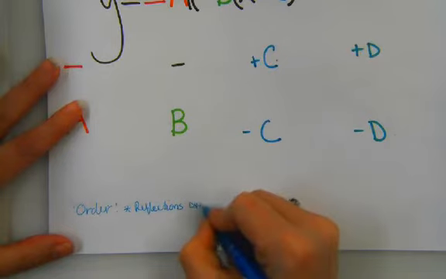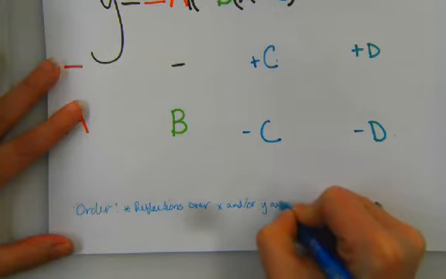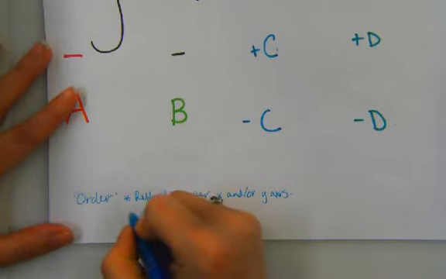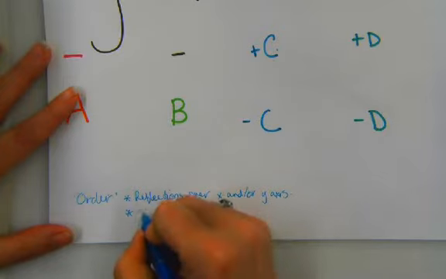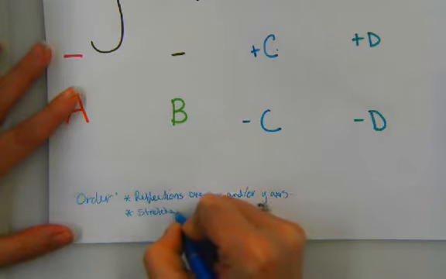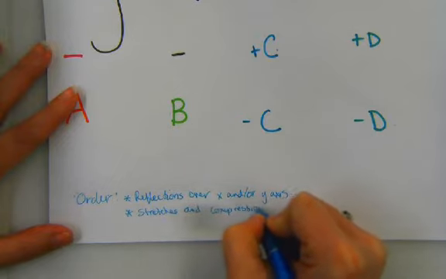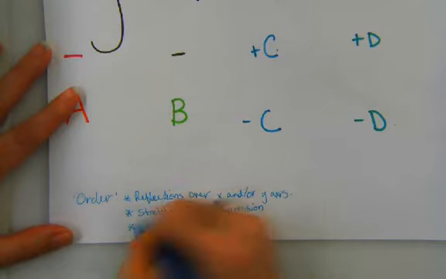And for those that can't read that, that says reflection over x and or y axis. After you've done the reflections, if they're there, then you need to do all the stretches and compressions. It doesn't matter if you do the vertical compression stretch first or the horizontal compression stretch first, but you must do reflections first, then all the stretches and compressions. Only after you're done with the multiplication can you do the adding and subtraction, which are your horizontal and vertical